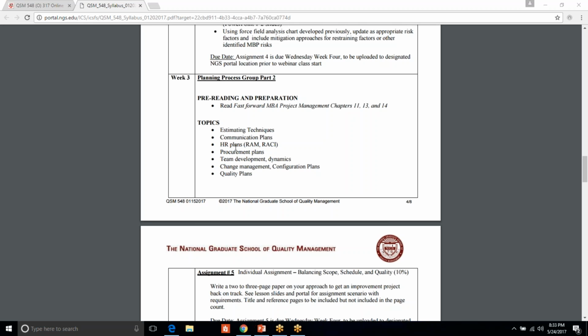you can't overlook that it does cause, even in the smallest of projects, there's some change that is going to be taking place because we're going to be doing things. Whatever that project leads to, the process or wherever we're going, will look different after the project has been done if we're successful. And what are some of the configuration strategies and plans that may be needed in place as well. And additionally, we'll talk about quality plans.